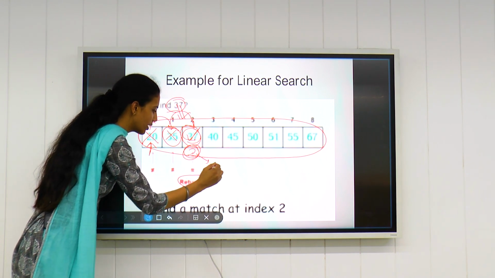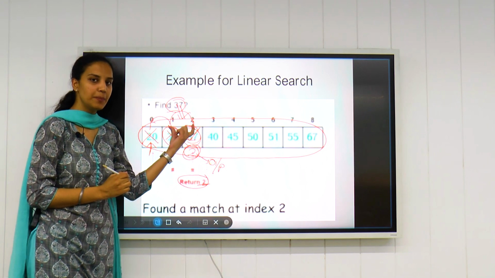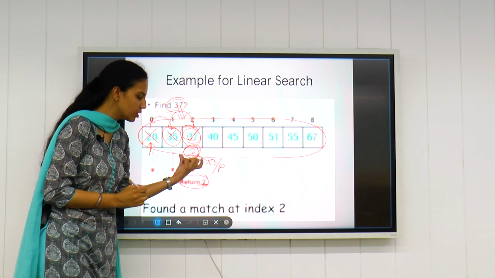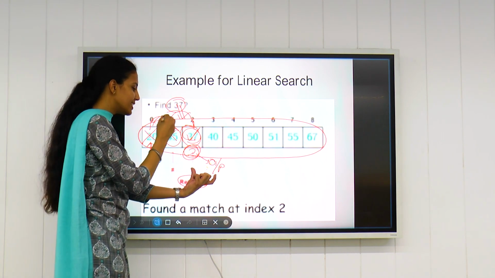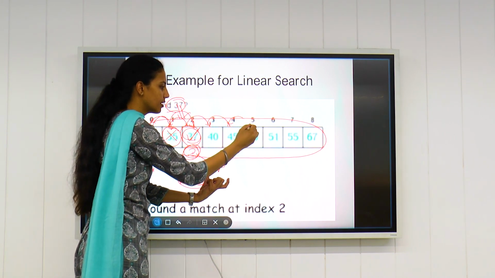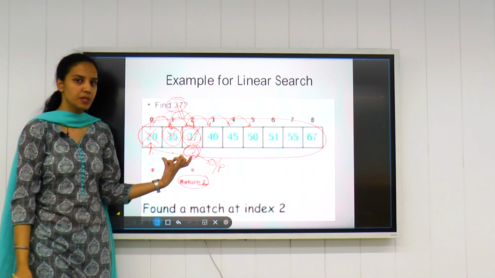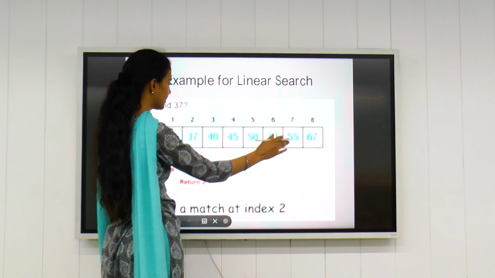Position is always shown as output, not the element. That specific element exists at which position, that is shown as the output for linear search. And it is done always line by line in a specific sequence until and unless we find the specific element. This is how linear search works.